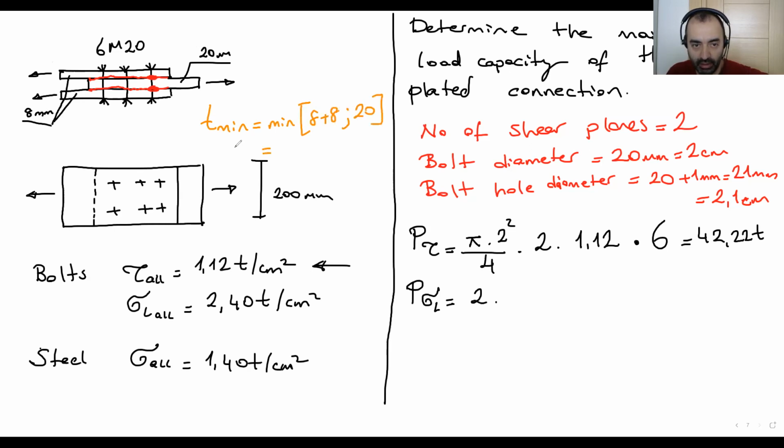So Tmin here is 16 millimeter, 1.6 centimeter. D times Tmin times allowable stress, which is 2.4, times the number of bolts equals, the result here is